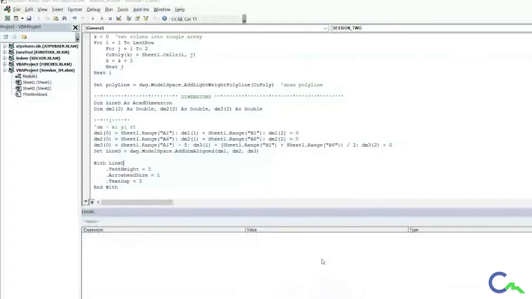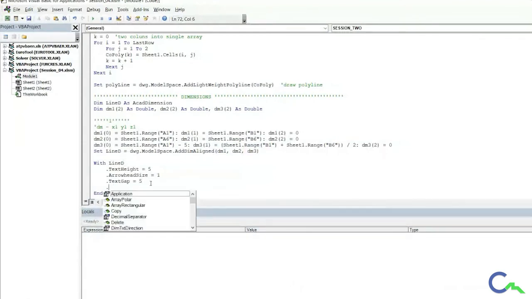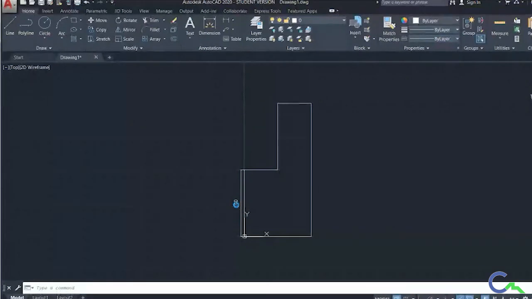So I'll alter some properties. I'll give a dot, extend line, and fixed line extend. This is a small code we have to give there, and suppress should be equal to true. What we have done is just suppressed those extended lines. So we'll see now what happens, whether it will work or not.